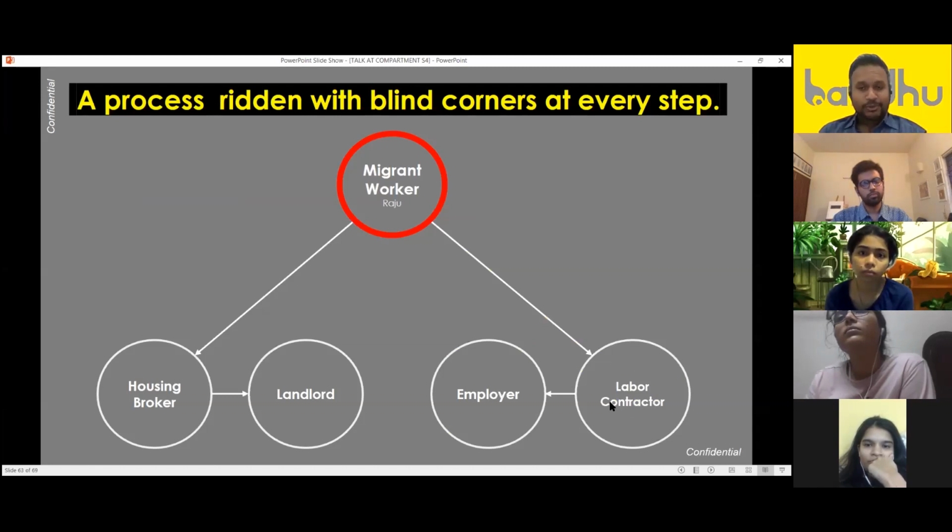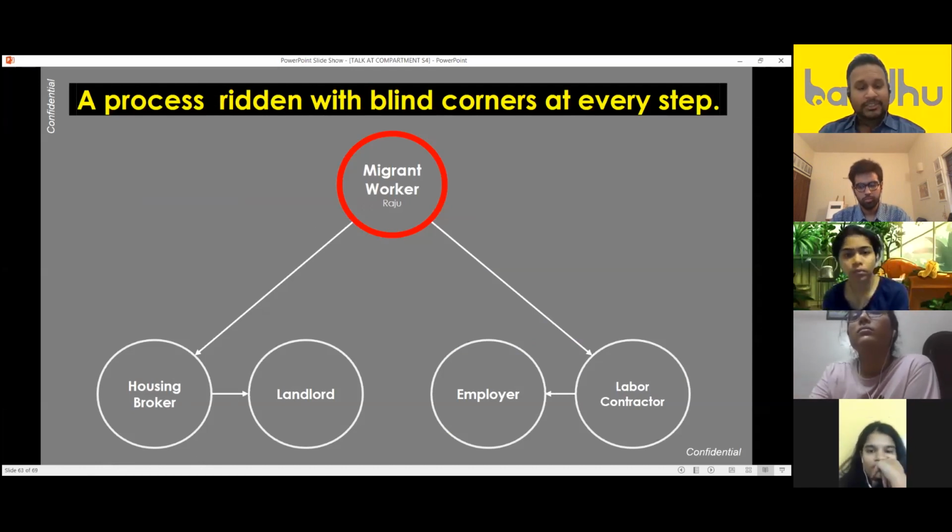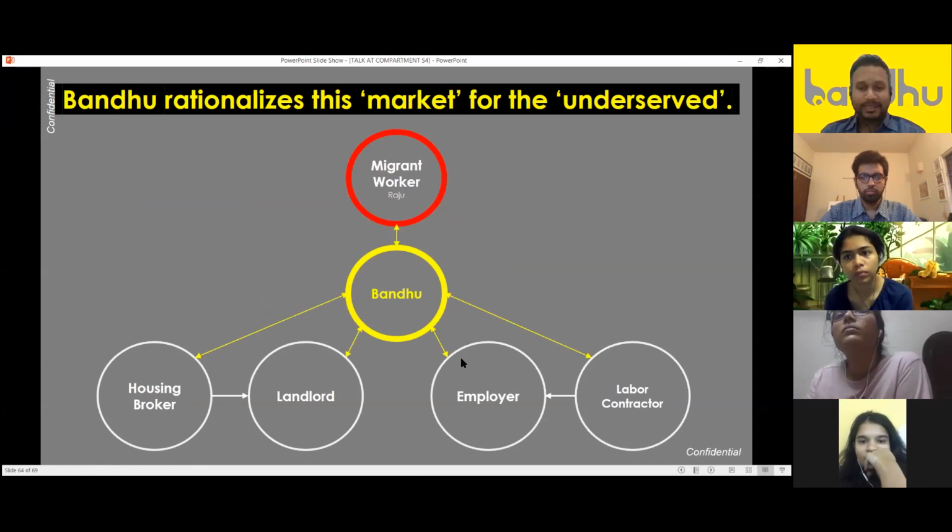They have to, of course, go through middlemen who also find it hard to source labor from villages and guarantee the labor will come to the employer, because they have to take high commissions. The employer is always struggling to get the right kind of labor on time. The landlord is worried about tenancy, getting good rotation of reliable people. Everyone has a problem. So effectively, you're putting everyone onto a single platform with complete transparency, not throwing anyone out,